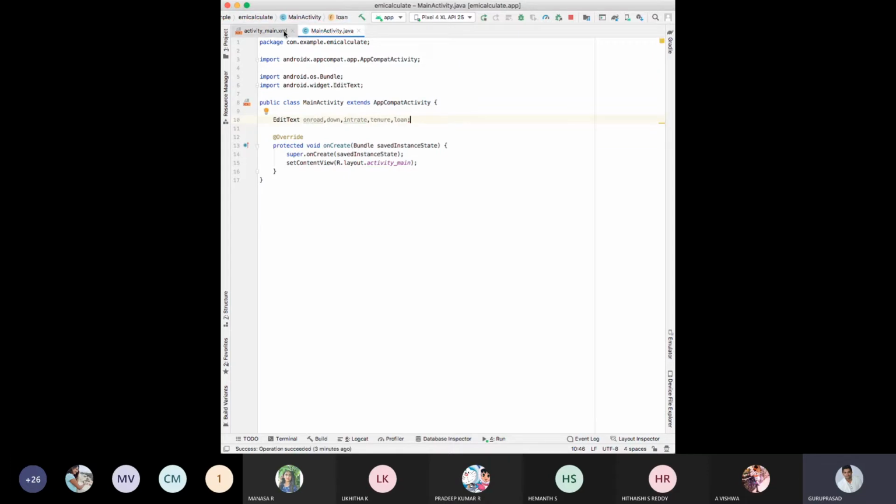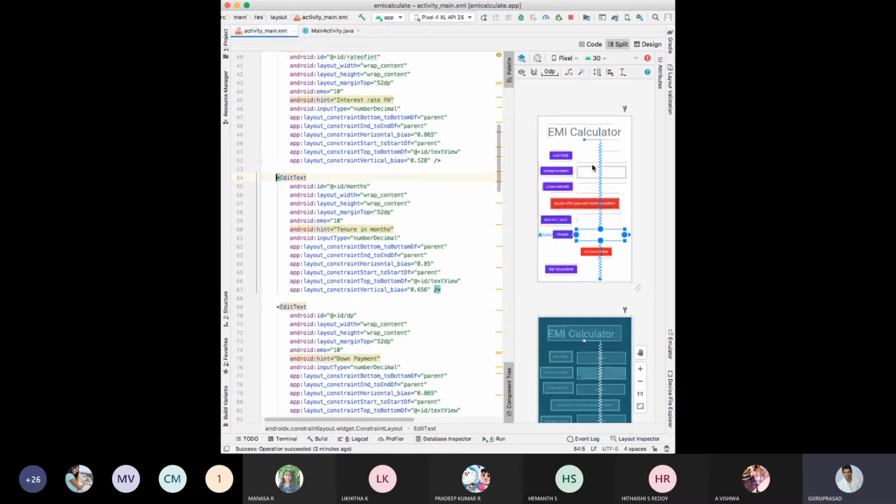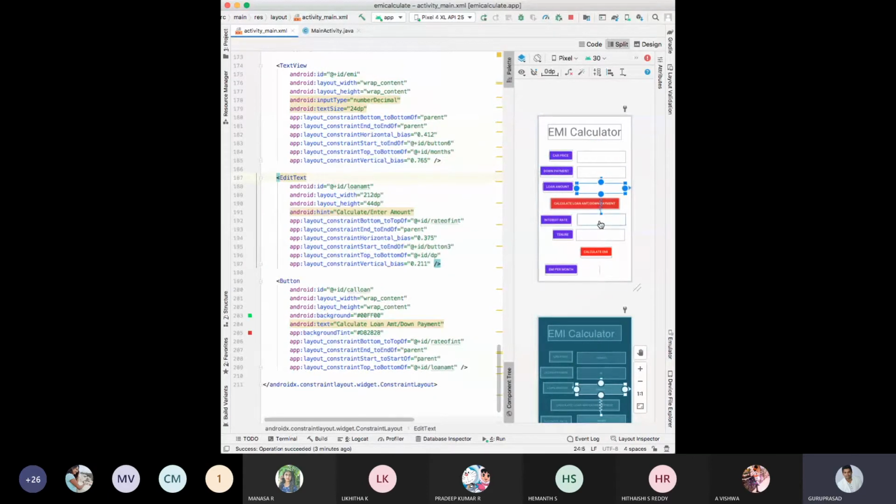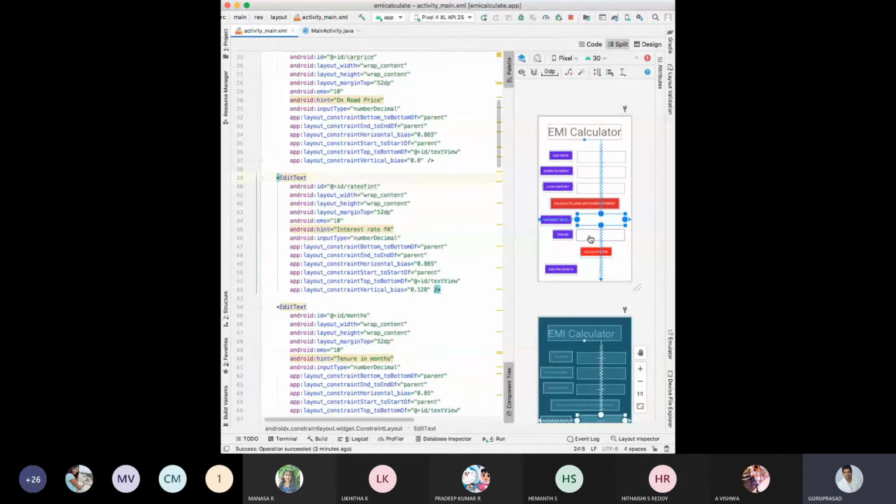Car price, on road price, down payment, loan amount: 3 edit text, and one is interest rate and one is tenure. Okay, so these 5 things are there.